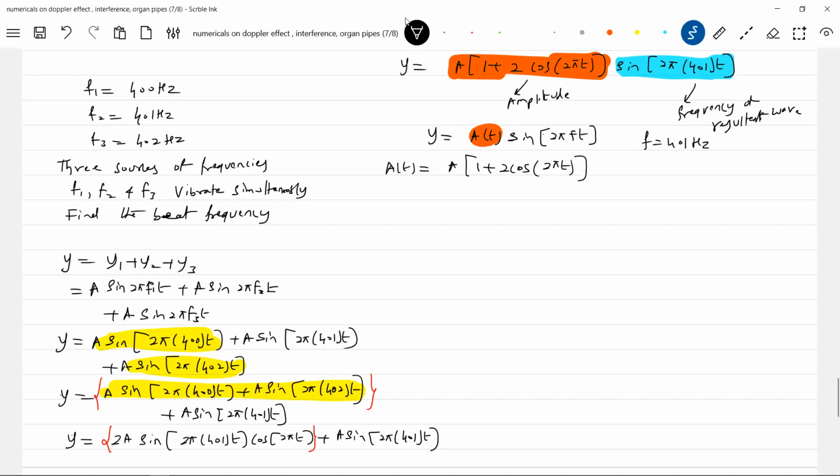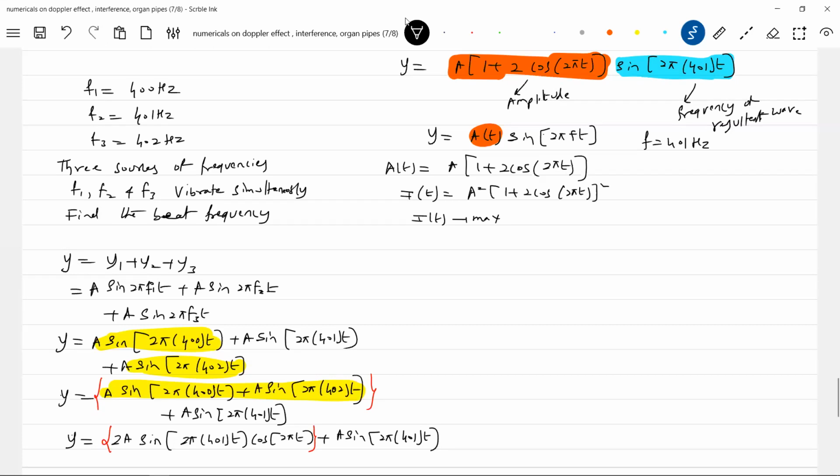2 pi t. If the amplitude varies as a function of time, what will be the intensity? Intensity will be the square of amplitude. I'll square this term: A squared times (1 plus 2 cos)squared. Okay, now how do we calculate the beat frequency? I should search for the instants of time at which the intensity will be maximum. For I of t to be maximum,